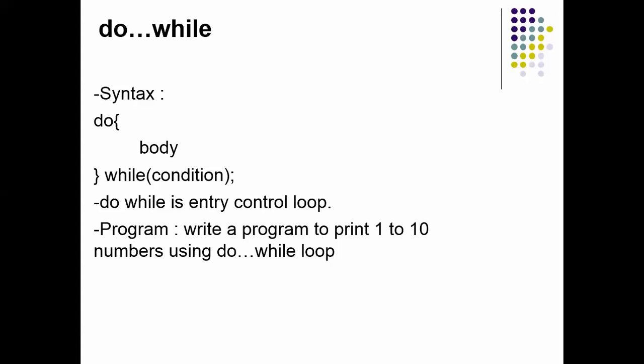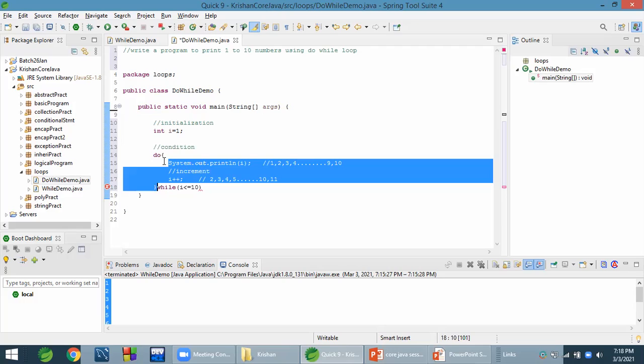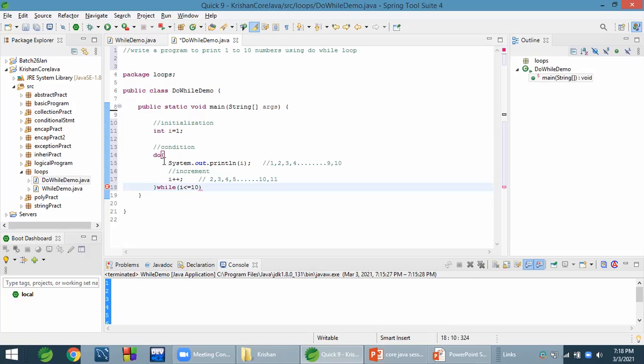Do while loop. In this, the change is first we write do, curly brace start, we write a body, then curly brace close, then write while, then the condition in it, and a semicolon is there.